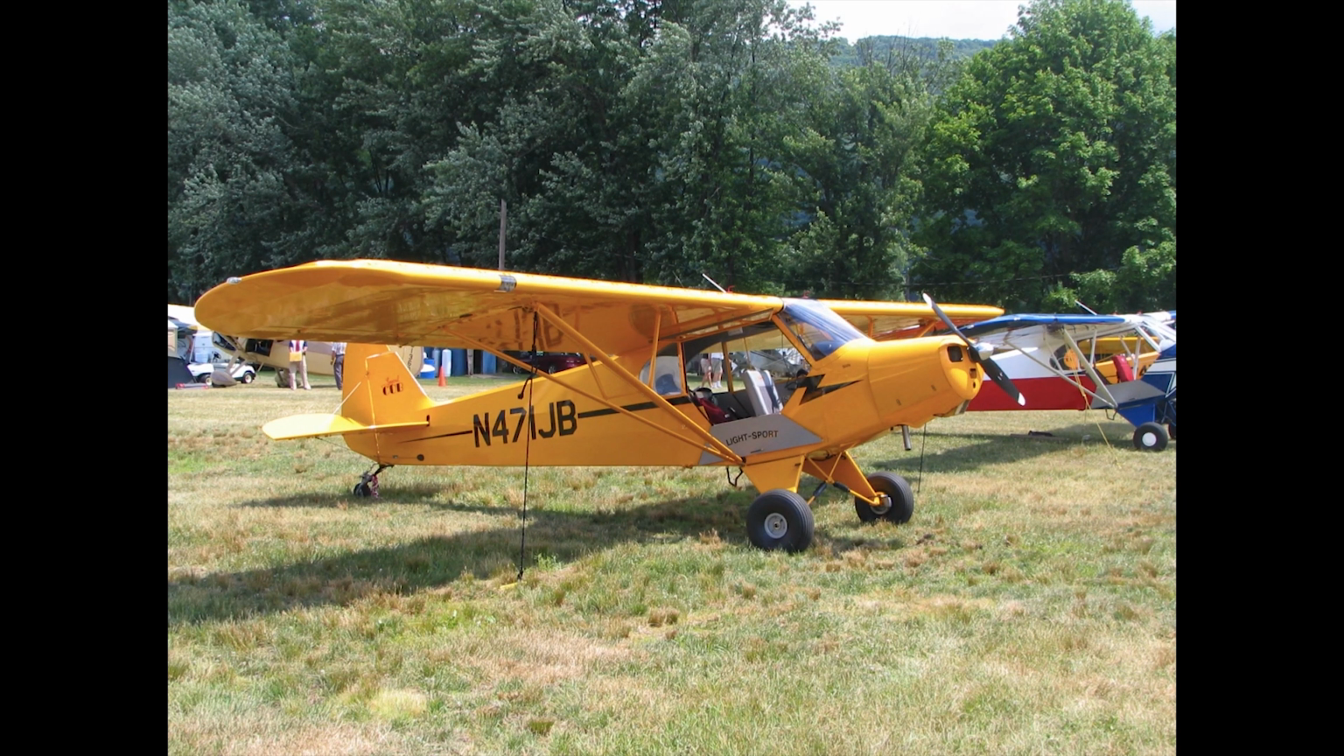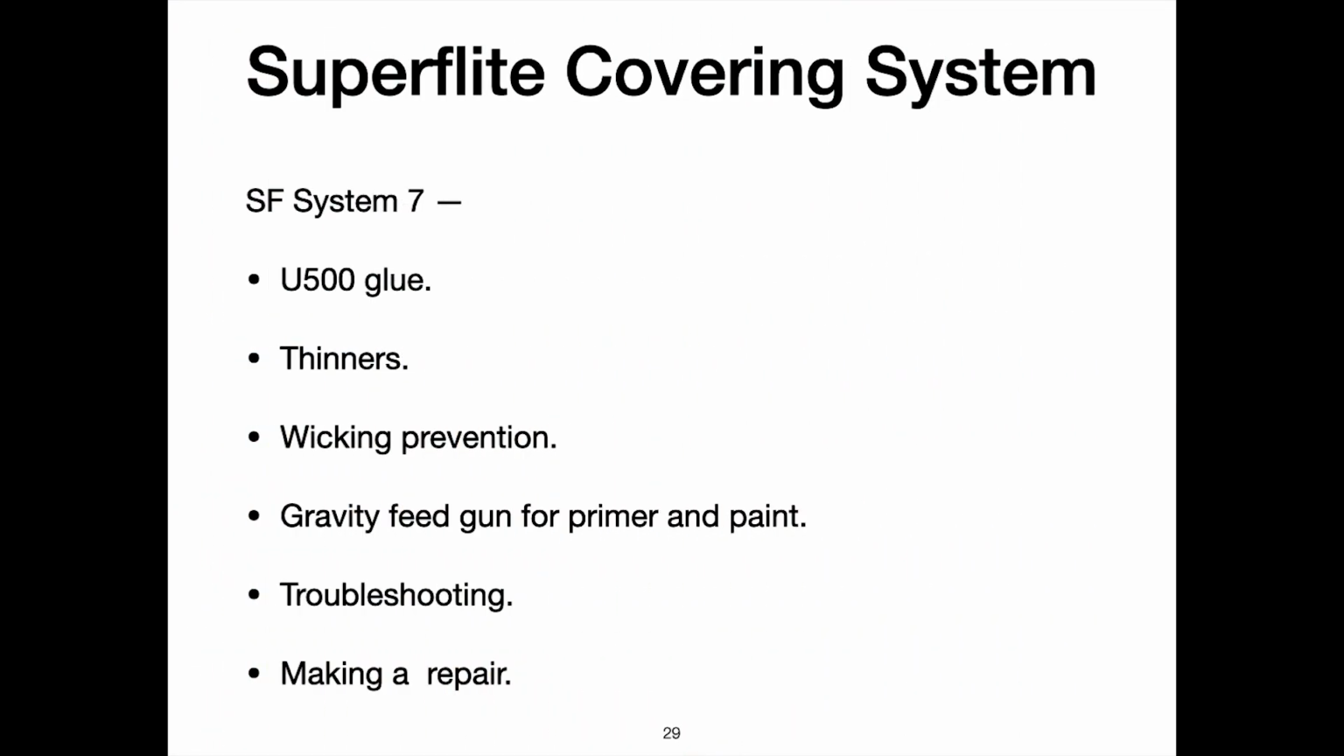Next covering process is the Superflite covering system. Here when I am saying Superflite covering, it's the latest system, that is Superflite System 7. There are some other systems like SF System 1 and System 6 which were popular to some extent, but before it was System 7. SF System 7. So now coming back to SF System 7,